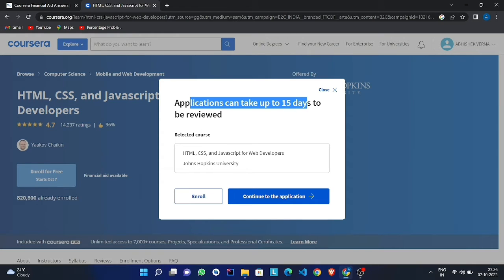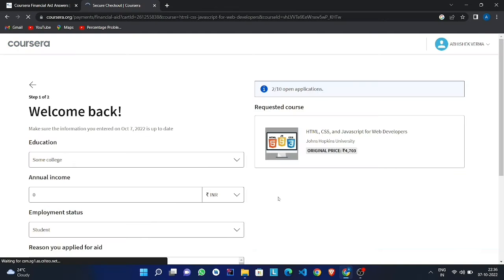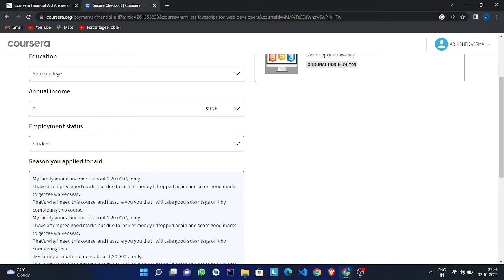Here, it is written that the application can take up to 15 days, but don't worry, just go with continue to the application. After clicking this, you will be redirected to the application page. Now, you have to fill in all your details. For answering the reason you applied for aid,